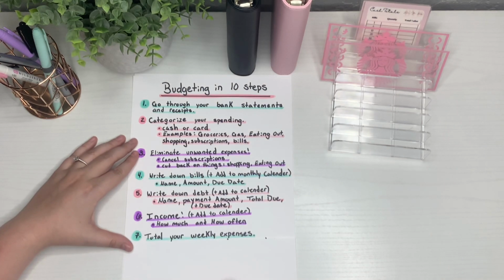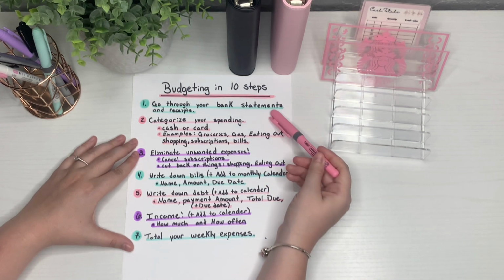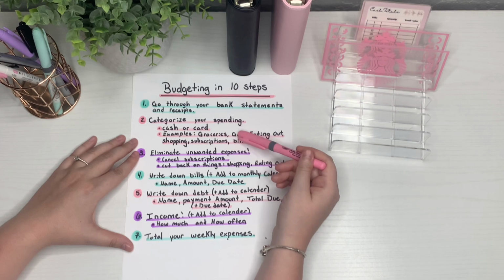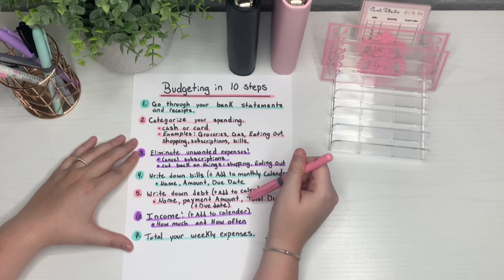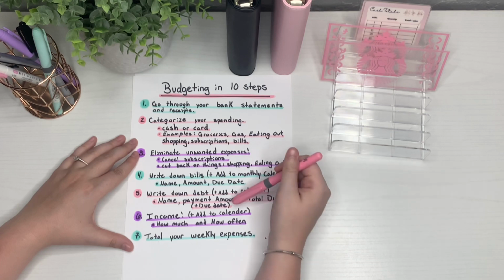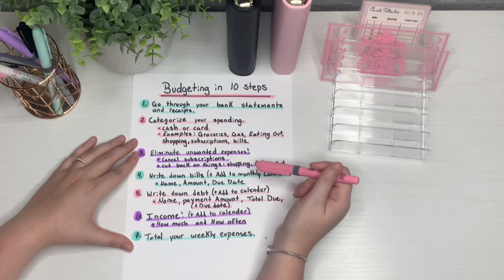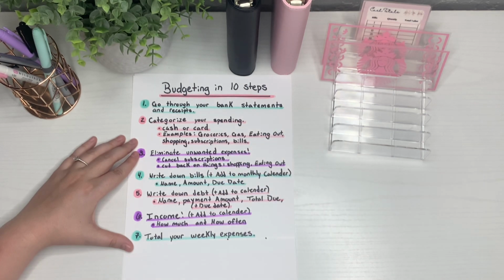Step 7 is going to be to total your weekly expenses. So when you went through your bank statements and you categorized gas, groceries, eating out, shopping, all of these things are going to be weekly expenses, spending, whatever it may be, your pets, your kids, okay? You're going to take